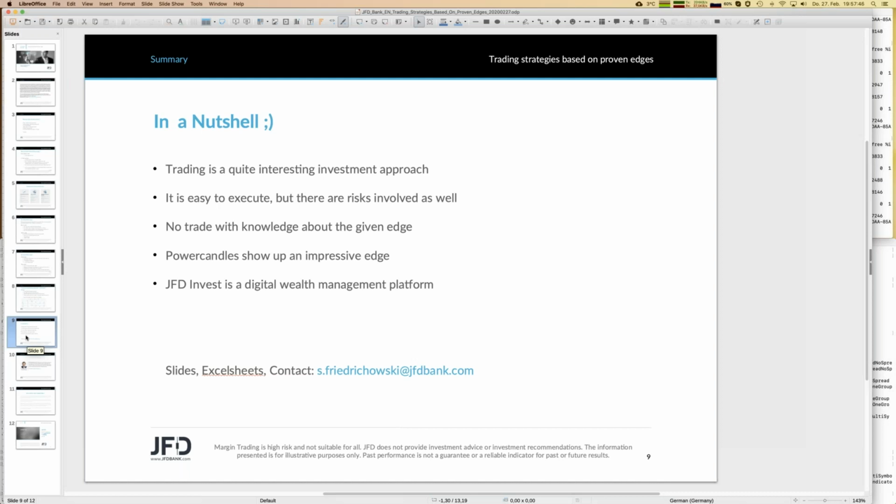You got a short and quick overview from the very beginning of trading to the execution of a trading strategy like power candles. If you want to try more on your own, hey, a demo account is a good first choice. And if you are familiar with everything, why not go live as well? But of course, everything is up to you.